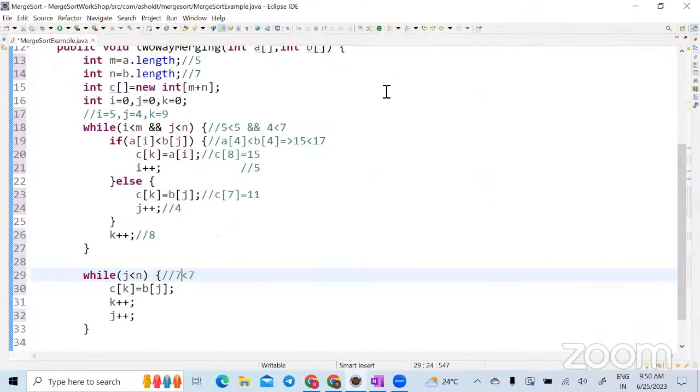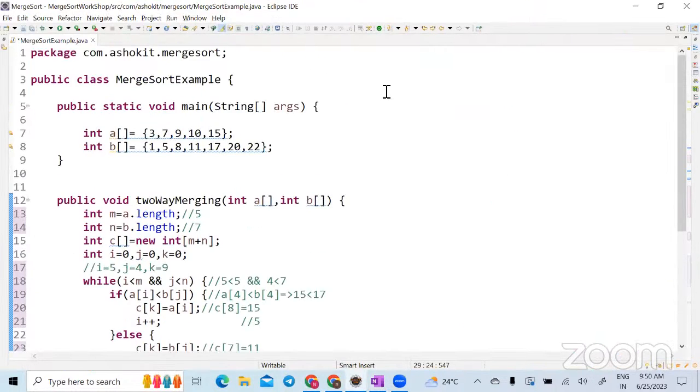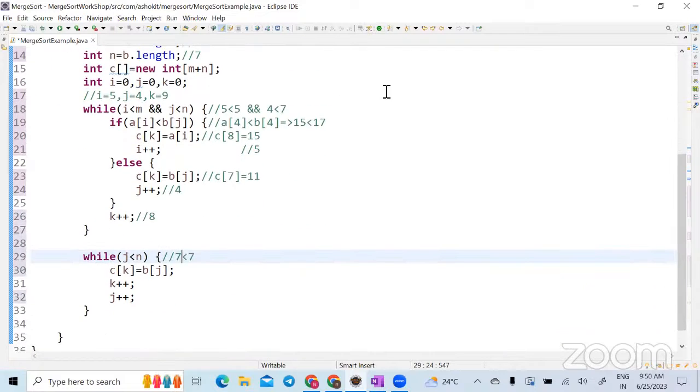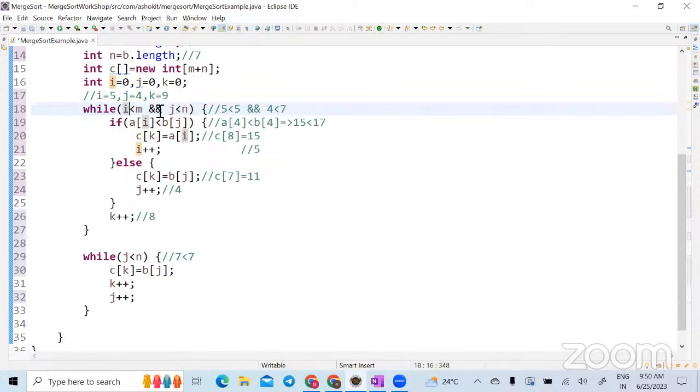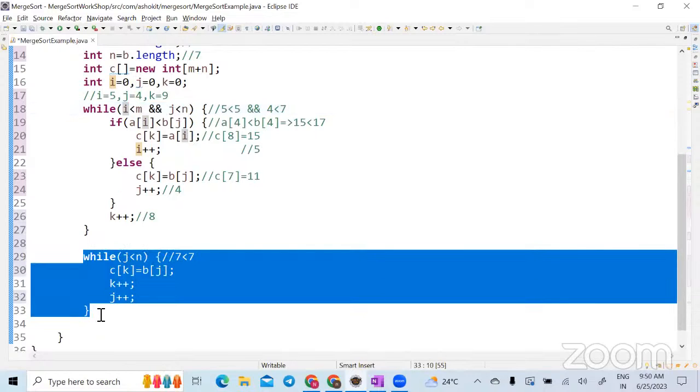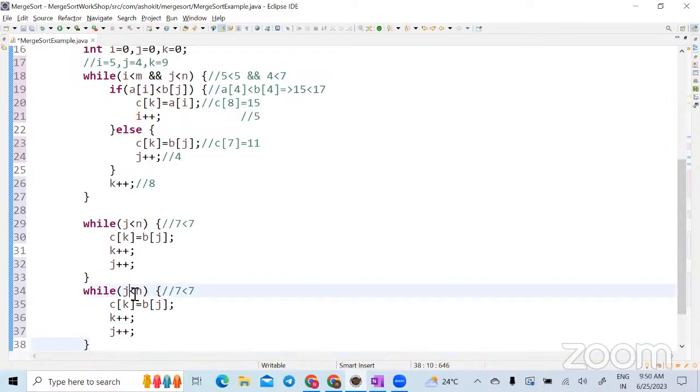But the scenario comes, and you might be asking a question, sir. In this scenario, A array size is small and B array size is more. But there may be a situation that A is more and B is small, correct? It doesn't matter for me whichever the size is. In the while block, what am I doing? I am checking for A array size or B array size. If any of the conditions is broken, it will come out. After that, can I say I will write the same condition like this? I less than M,